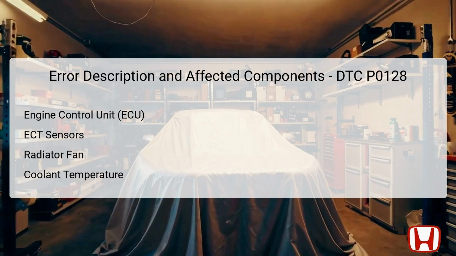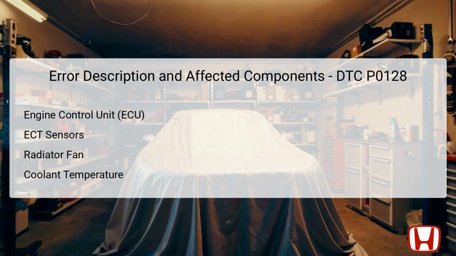The ECU is located in the engine compartment and is responsible for overseeing engine operations, including the cooling system's functionality. The ECT sensors, typically situated near the engine block, monitor the engine's coolant temperature and relay this information to the ECU. The radiator fan, which helps regulate the temperature of the coolant through the radiator, is also integral to